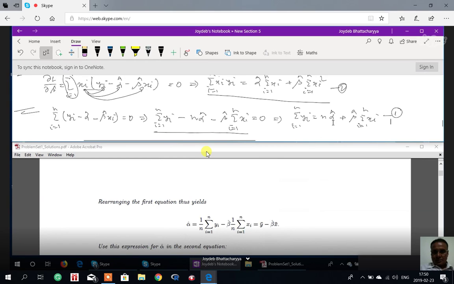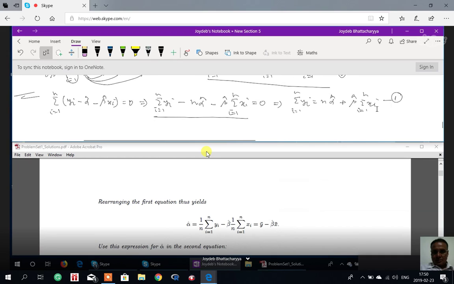Now if you try to measure this alpha hat, then what we should ideally do is subtract this. From the first normal equation you can have n alpha hat is equal to summation yi, i running from 1 to n, minus